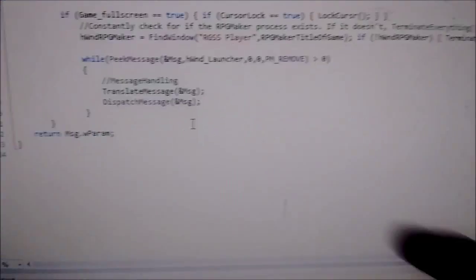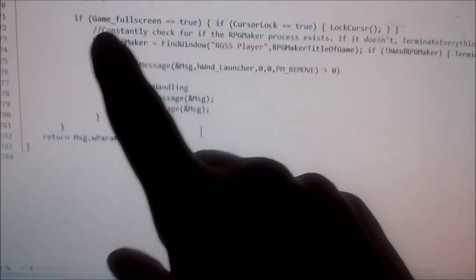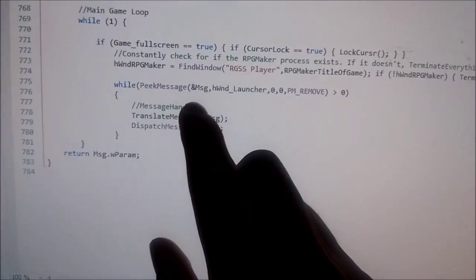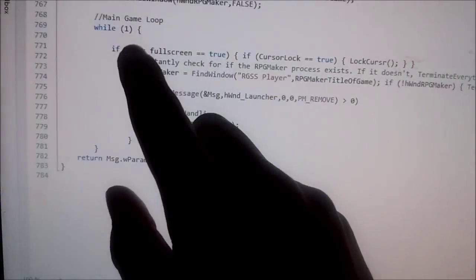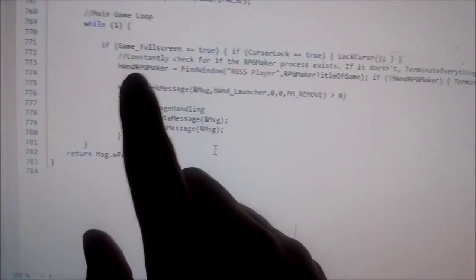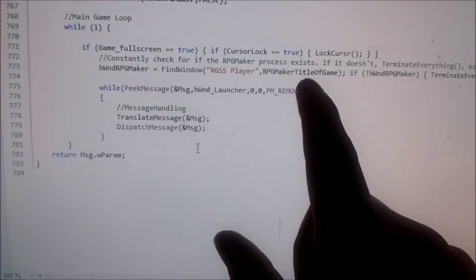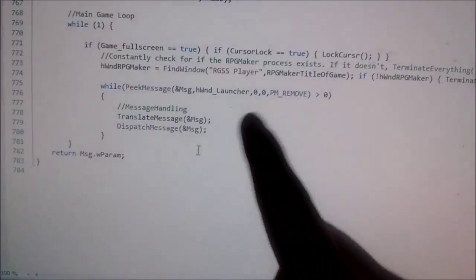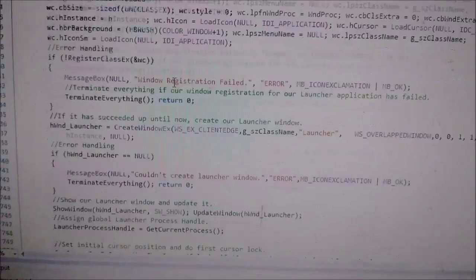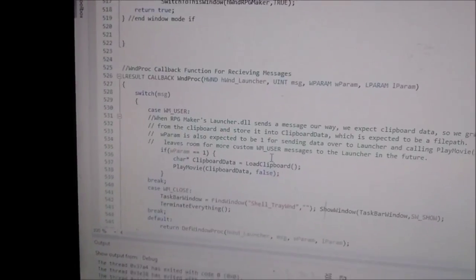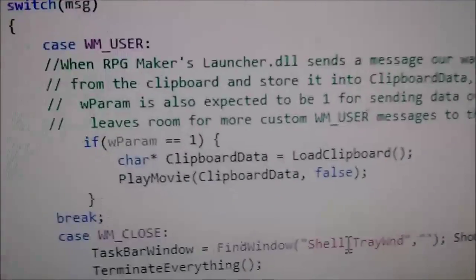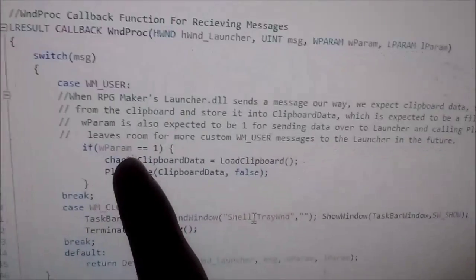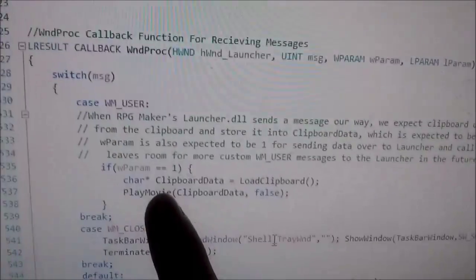Now in the launcher, PeekMessage, inside of a while loop here, you've got PeekMessage constantly running. I use PeekMessage in a while loop so I can constantly check whether the RPG Maker window is open. The RPG Maker DLL just sent a message called wmuser, let's assume, keyboard proc, here it is. So this is where for our wmuser, and if the wparam equals 1, we know that play movie has been